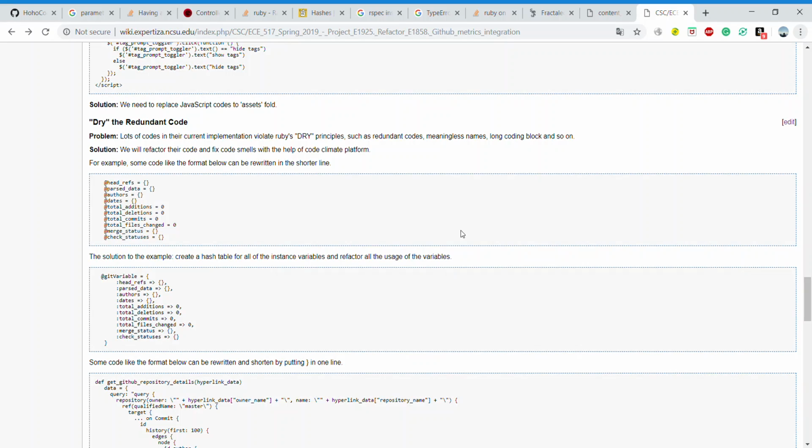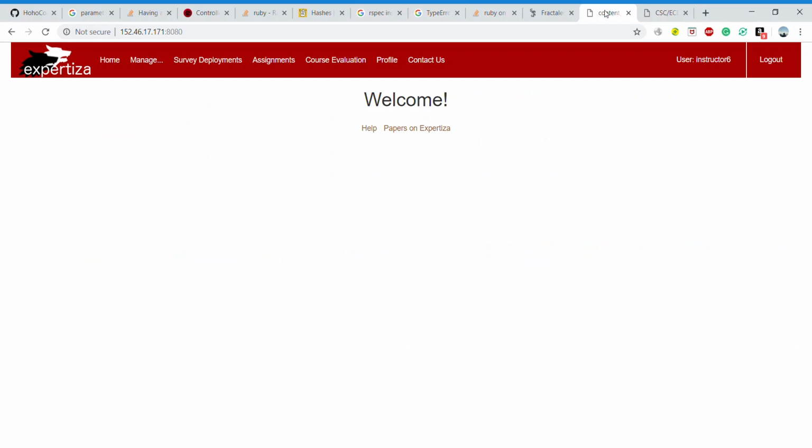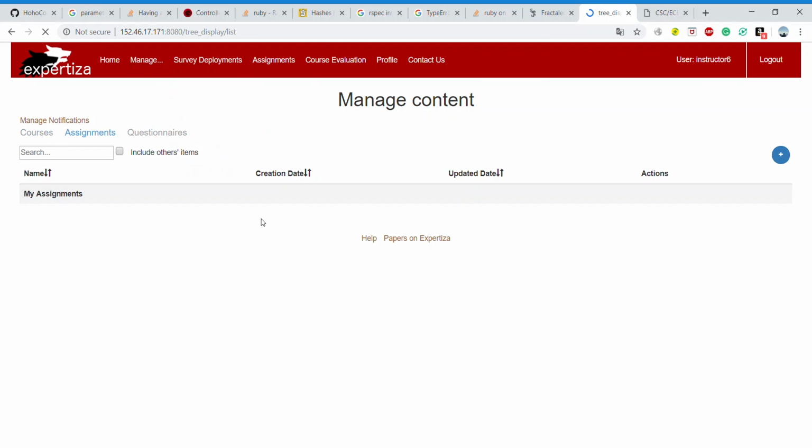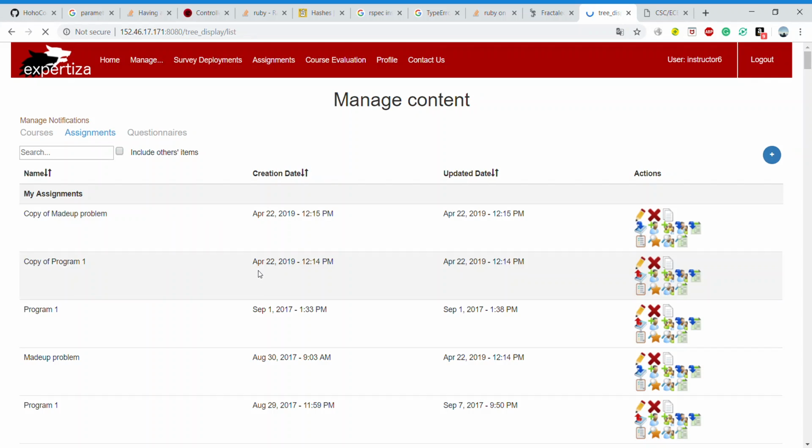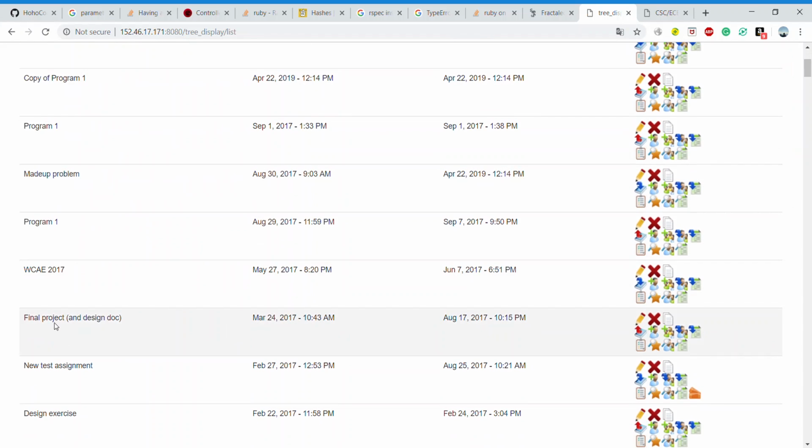Now let me show you how this works. If you go to the Expertiza main page, first you need to set the server up by rails server. In this Expertiza main page, you log in as instructor6 and the password is password. You go to Management, then Assignments, choose one, for example the final project. See here, View Submissions,